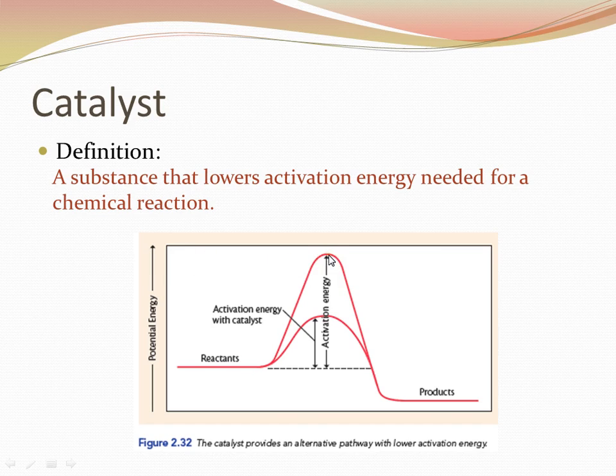If you have a catalyst involved, it positions the molecules in just the right way, increasing the chances that those two molecules will collide at the right angle. The catalyst may also lower the activation energy by doing several things, as far as weakening the bonds, changing the shape of the molecule. There are lots of things that it can do.